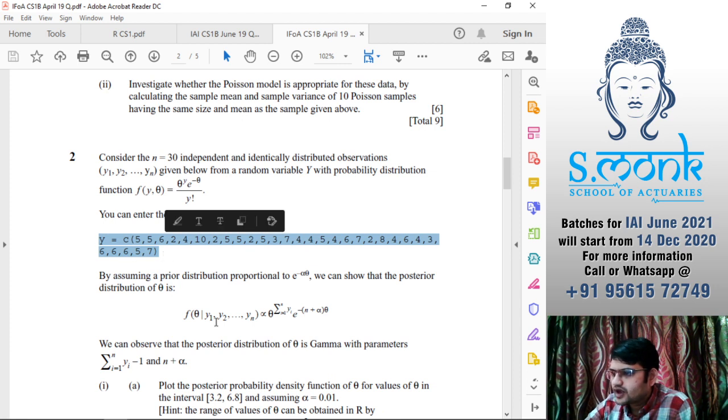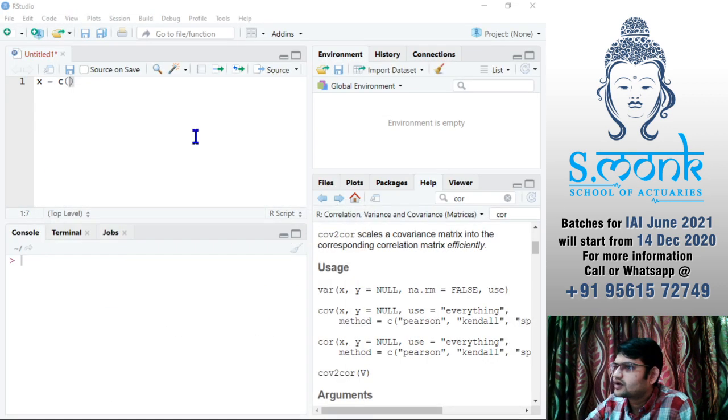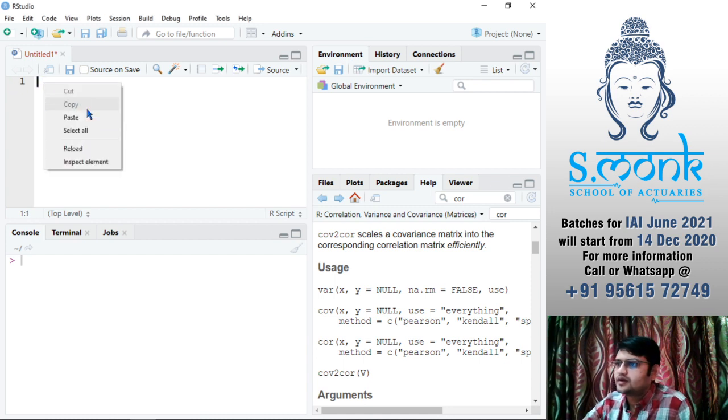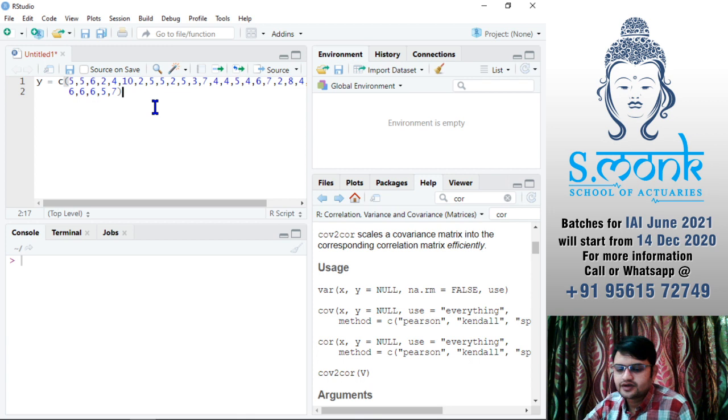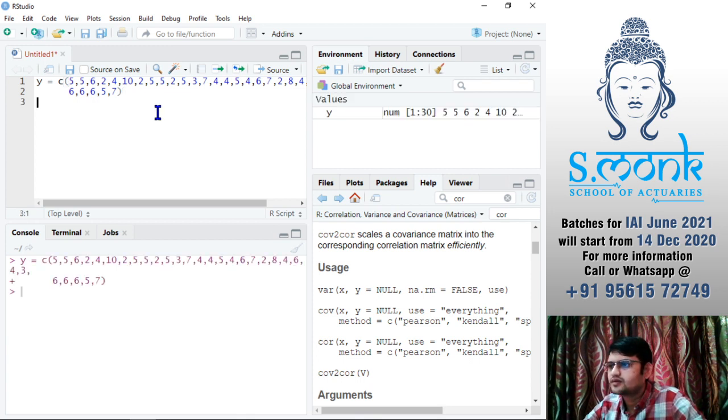I'm not going for the question, I'm just going for the data. Let's paste that. Now this is our data, 30 values.